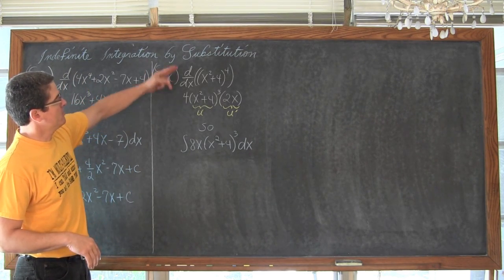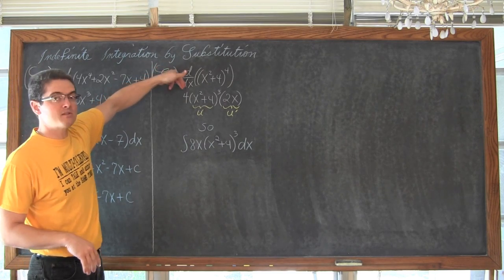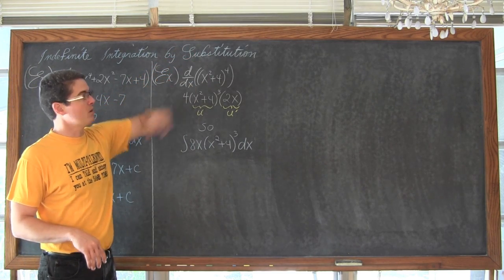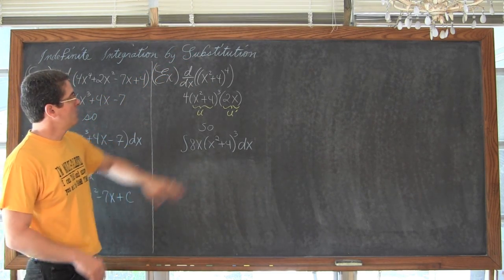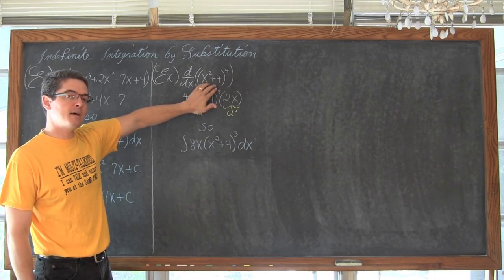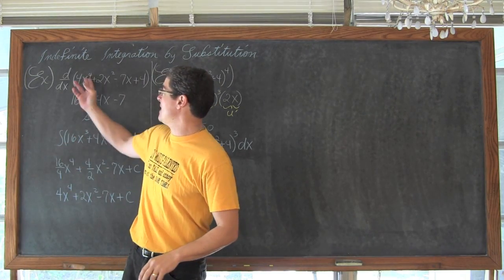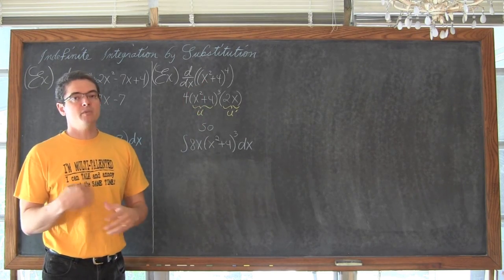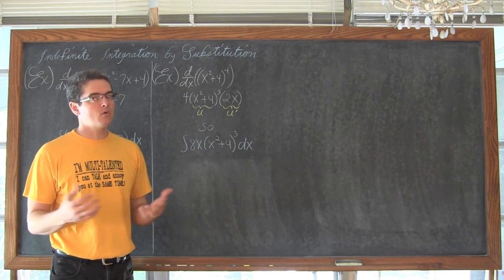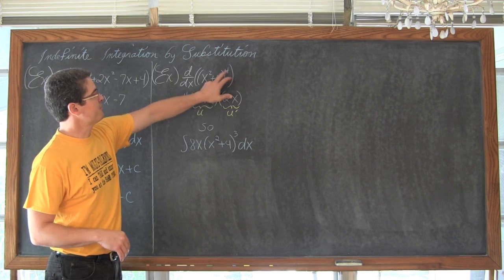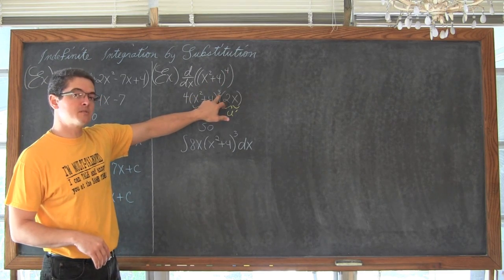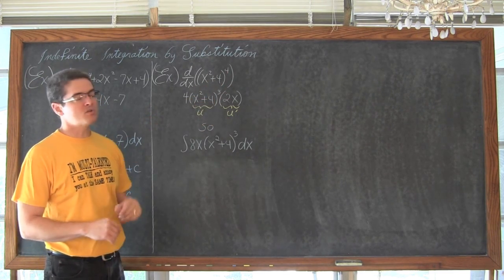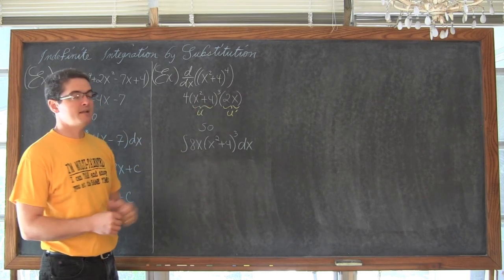So our example here is we're going to do the derivative with respect to x of x squared plus 4 raised to the fourth power. Well, we have an inside function here of x squared plus 4. We don't have just a basic x like over here. So we have that inside function, which means when we go to find the derivative, we're required to use the chain rule. So the 4 comes out, the exponent gets decreased by 1, and then we have to multiply by the derivative of that inside function.